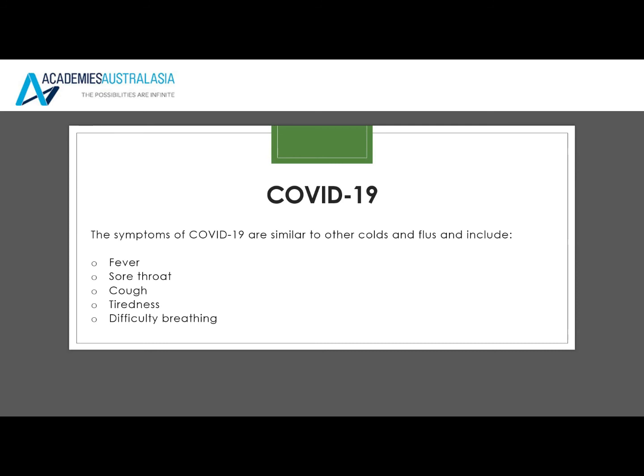A new coronavirus known to cause respiratory infections is most likely to spread from person to person through contact with a person while they are infectious, usually 48 hours before their symptoms have appeared, or close contact with a person with a confirmed infection who coughs or sneezes, or touching objects or surfaces such as door handles or tables that are contaminated from a cough or sneeze from a person with a confirmed infection, and then touching your mouth or face. So it's very important to keep yourself safe.